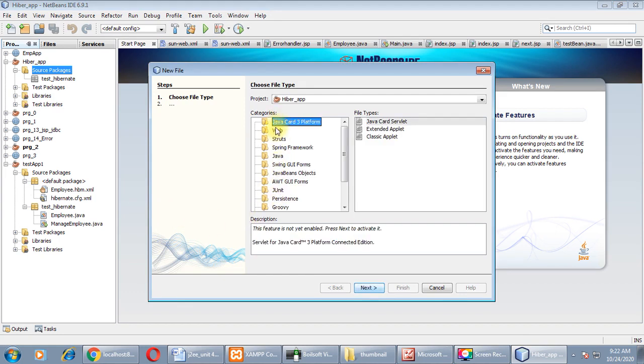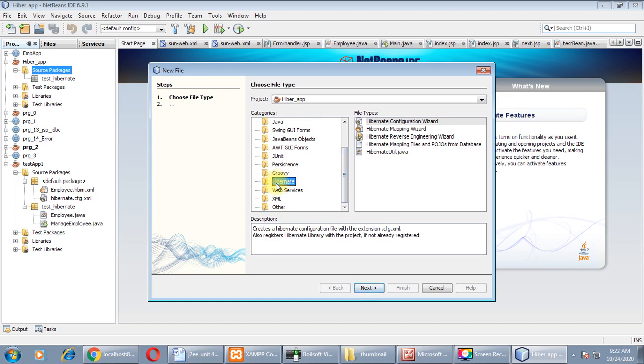In the categories list, select Hibernate. The related file types will be shown in the window exactly next to this window. Here it is, right, this window. In this list you will find the Hibernate Configuration Wizard. Select this one, Hibernate Configuration Wizard, click on Next.